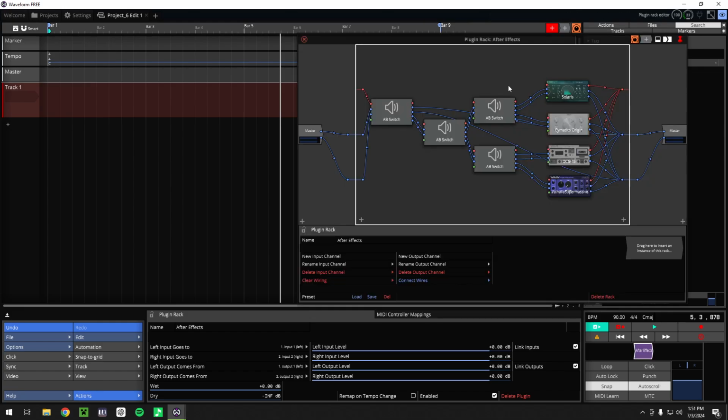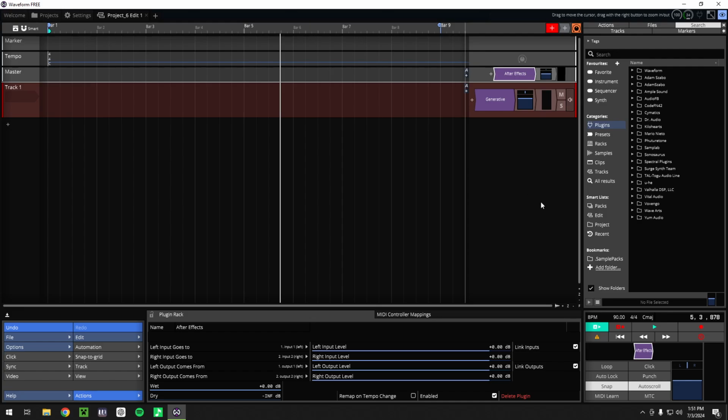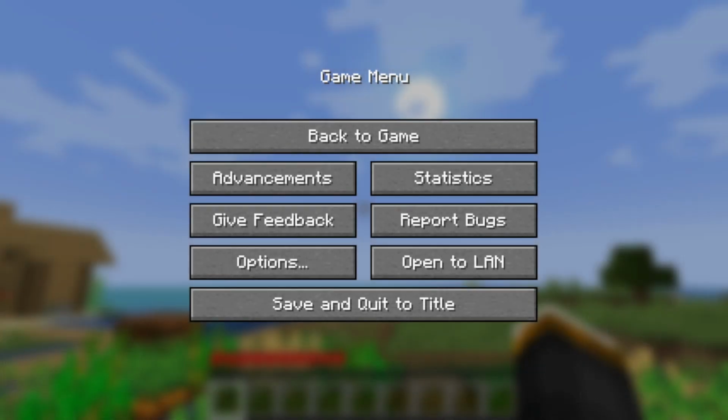So now that we have this, we can go into our After Effects, choose which one we're doing based on these splitters. So all I have this doing is, am I using this split to this split to this plugin? And I just have my favorite ones set up. So Solaris, Semantics Origin, OS 45, and Valhalla Supermassive, just to get some different effects on our sounds as we go along. And then once we've got everything set up, we're going to generate a track, put it into our gaming playlist, and then we'll just switch over to Minecraft or whatever game that we're playing and play out our